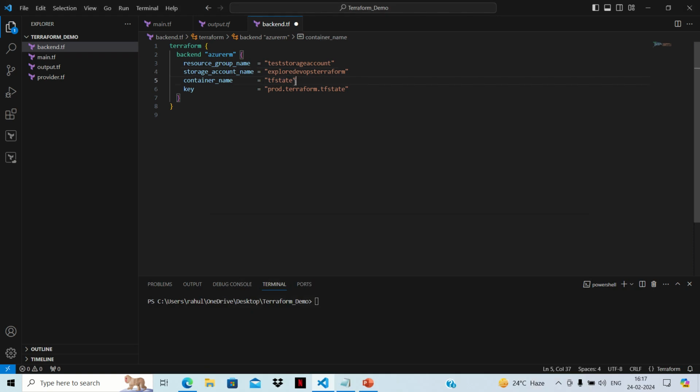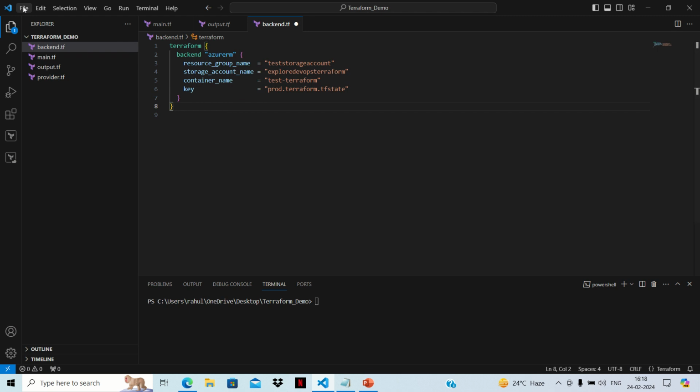This is for container name, and once this is done, we can make the key either prod.terraform.tfstate,